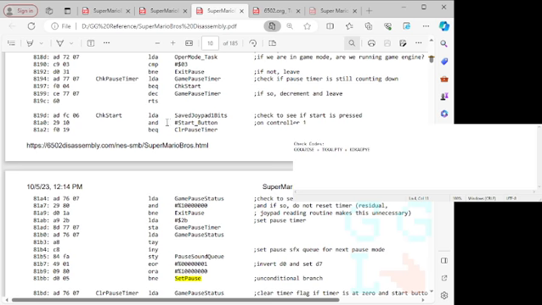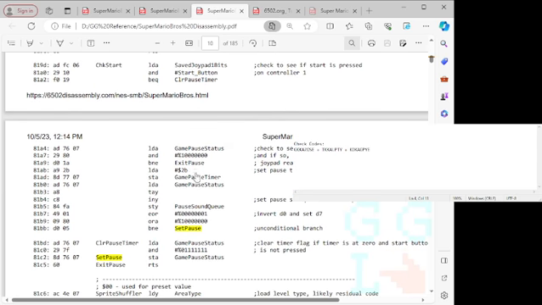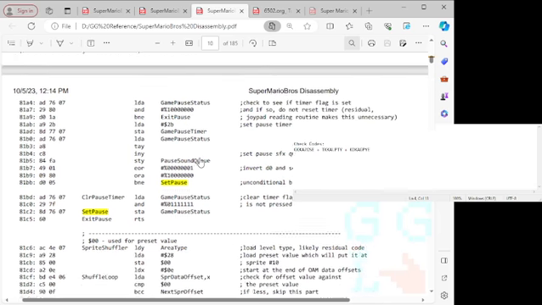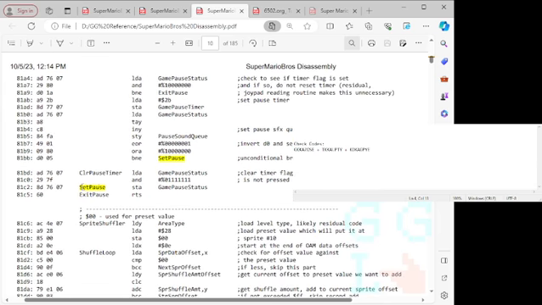I already searched start button right here. Then I scrolled down. I tried a little bit of these, and most of them crashed until I got to here, which is on the set pause, which is on 81C2. Now, let's go ahead and go to the Game Genie ROM, and remember this value right here: 81C2